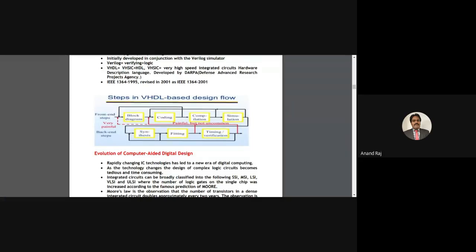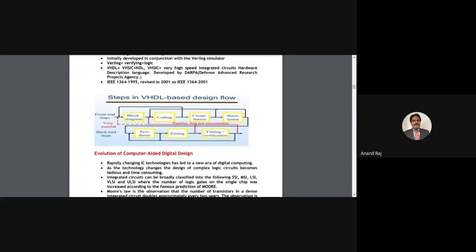So synthesis, what happens is that we have the software, we'll write the program, then we'll try to synthesize, we'll try to send the design onto an FPGA. FPGA stands for Field Programmable Gate Array. So usually synthesis is done using field programmable gate arrays. If that works fine, we'll go for the IC manufacturing process. If synthesis fails, again we have to go back to the basic design. Once again from the start we have to begin.